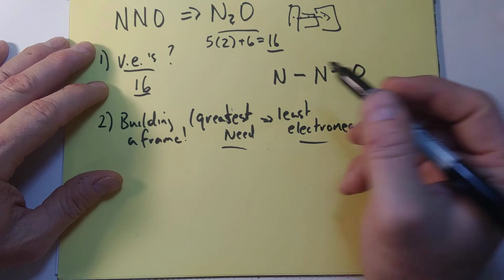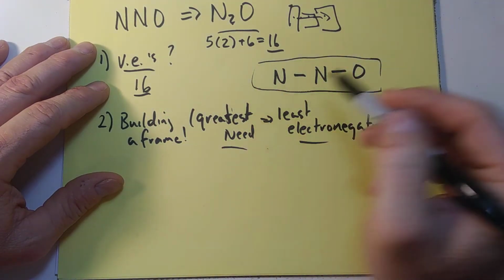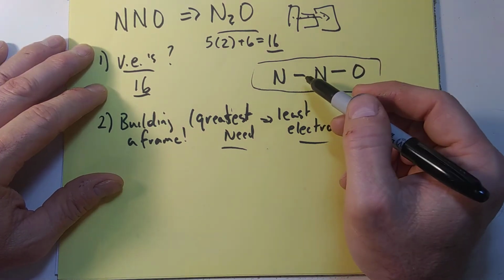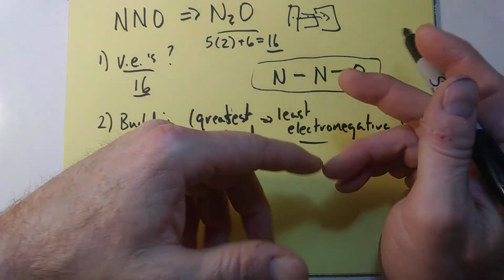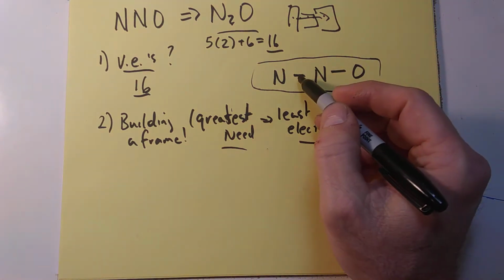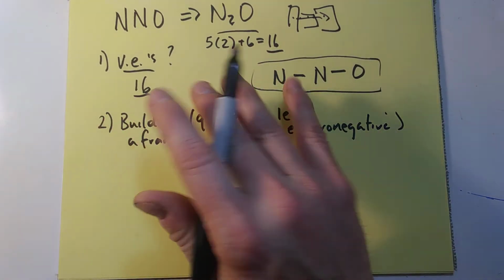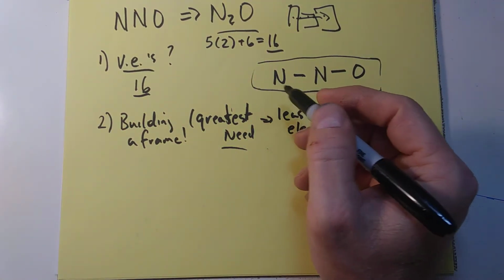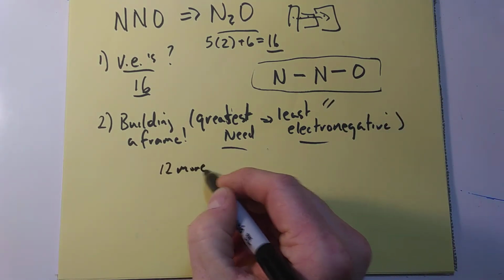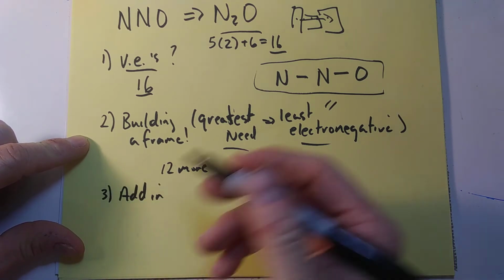Now we know there are 16 electrons that have to go into this frame that we've built. And we notice that there are already 4 electrons. How did you notice that? Because every line is a handshake, and 2 hands are in a normal handshake, so that's 2 electrons per line, which is 4. 4 from 16 is 12, so we need 12 more electrons to go into the third stage, which was to add in your lone pair electrons,